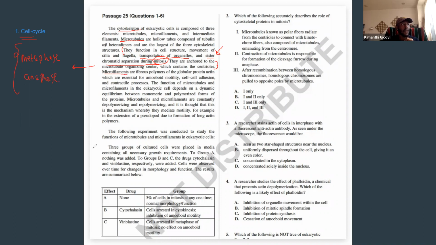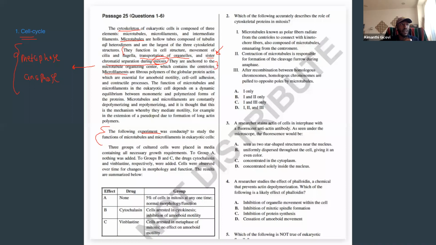So now that we understand that the first paragraph wasn't really talking about microfilaments, they were presenting us the idea of microfilaments in order to dig in and really talk about how microfilaments play a role in the cell cycle. That's something that's super common on the MCAT that can trip you up. I know it might seem that this passage is about microfilaments because they start off telling you so much about microfilaments, right? But as we read along, you'll really start to notice that this passage is really about the cell cycle. So we're gonna jump ahead and talk about the experiment.